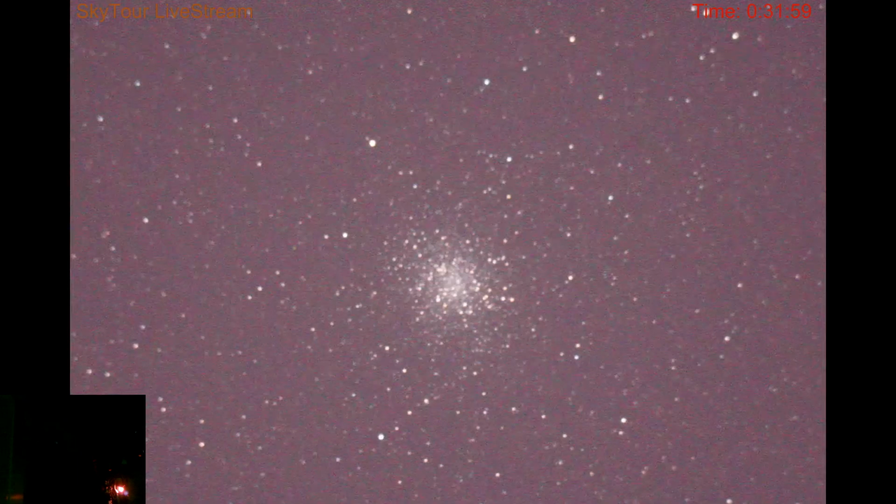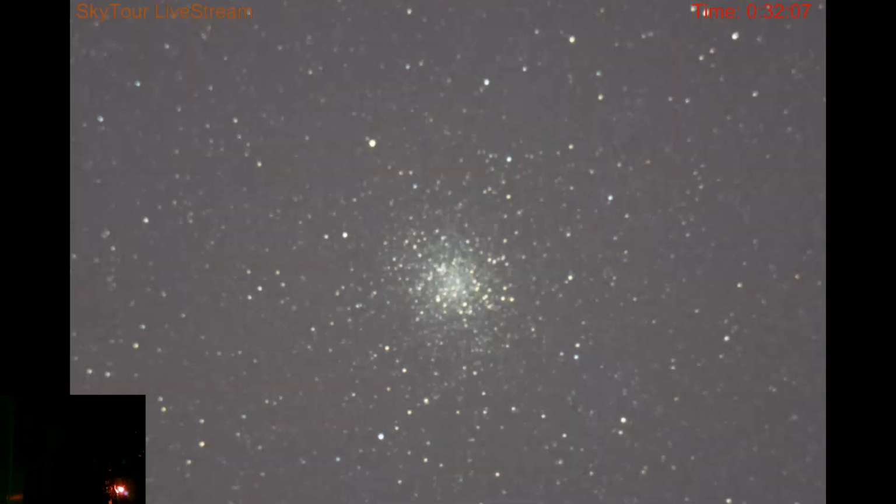Oh, I did a boo-boo here. I went 12,800 ASA for 13 seconds, so it's going to be fairly bright. Well, actually, it's not so bad. But look at the difference. That's a hugely different image. Here's what dew does, okay? This is without dew. I have to take pictures of it at the right...